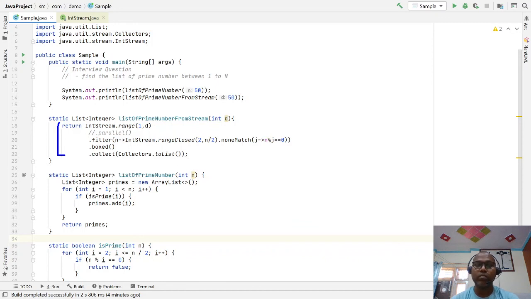Your same code becomes a good candidate for multi-threading, and you get greater benefit if you write code using Java stream and lambda expressions.